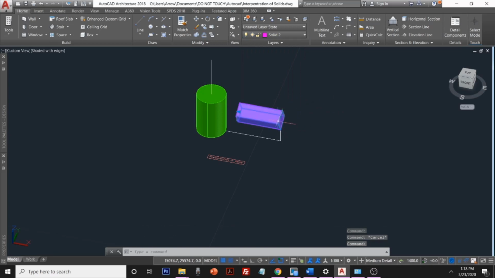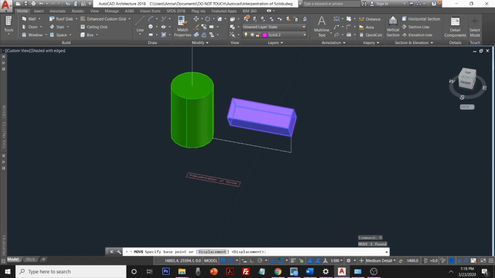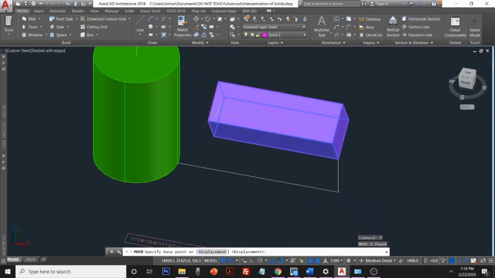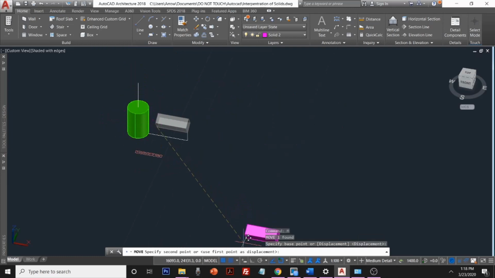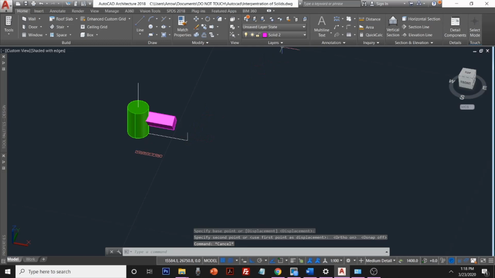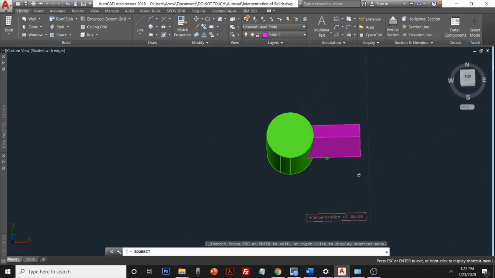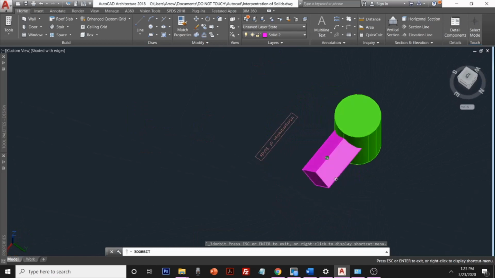I'm going to take this object now and move it. Where do I move it from? Let's just move it along that plane. Keep the ortho on. Turn off the snap and just move it till where it touches the object. Okay, good. Now, looking at our object once more, there was something off with the alignment, but here we have